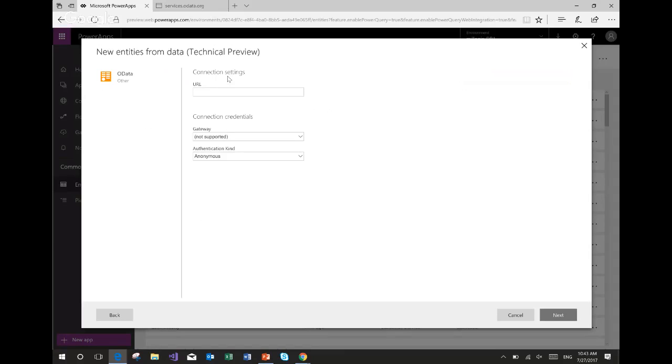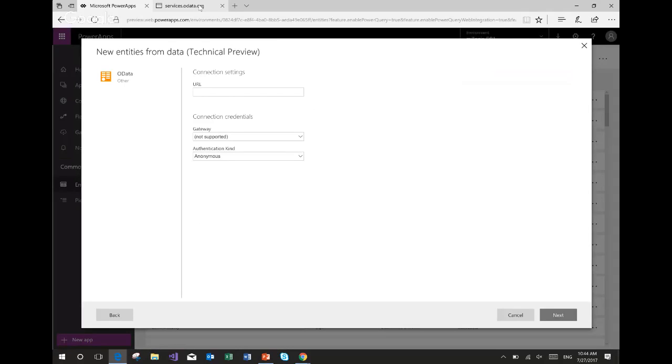So when I click OData, I'm taken into the next screen where I get to specify my connection settings, what OData feed URL I'm trying to connect to. We've embedded the gateway selection. By default, we'll try and use the cloud-based gateway, so no need for you to install an on-premises data gateway if you're connecting to a cloud-based or internet-facing data service or data endpoint, and the authentication or credentials type.